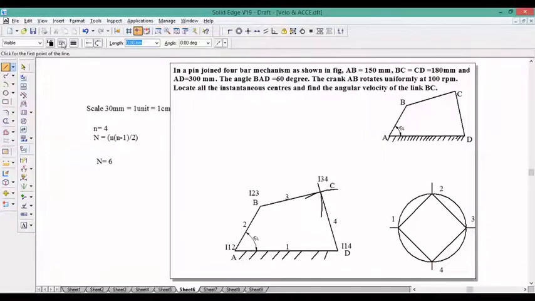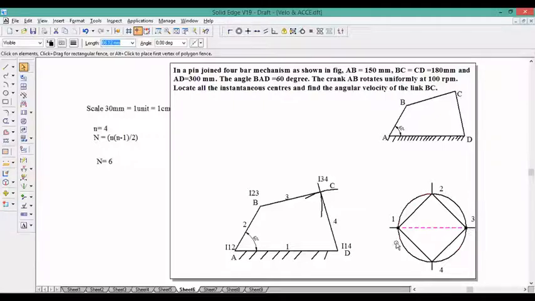Now the required one is instantaneous center, for example 1, 3. 1, 3 is the unknown, that is neither fixed nor permanent instantaneous center. So to get instantaneous center 1, 3, you can use this circle diagram. It's a common line for 2 triangles, that is 1, 2, 3, then triangle 1, 4, 3. So we have 2 triangles here, whereas the side 1, 3 is a common side.